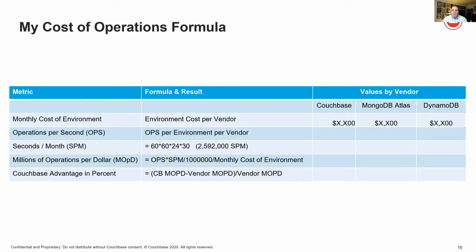formula. And the formula has a number of metrics that I'm using and building upon to create the overall formula. And I'll just walk you through it. So the first one I'm taking note of is the monthly cost of operations. And this gives me a monthly cost of operation by vendor. And where I grabbed that was exactly what the testing organization spent on each one of these environments. So I know what was spent on Couchbase,